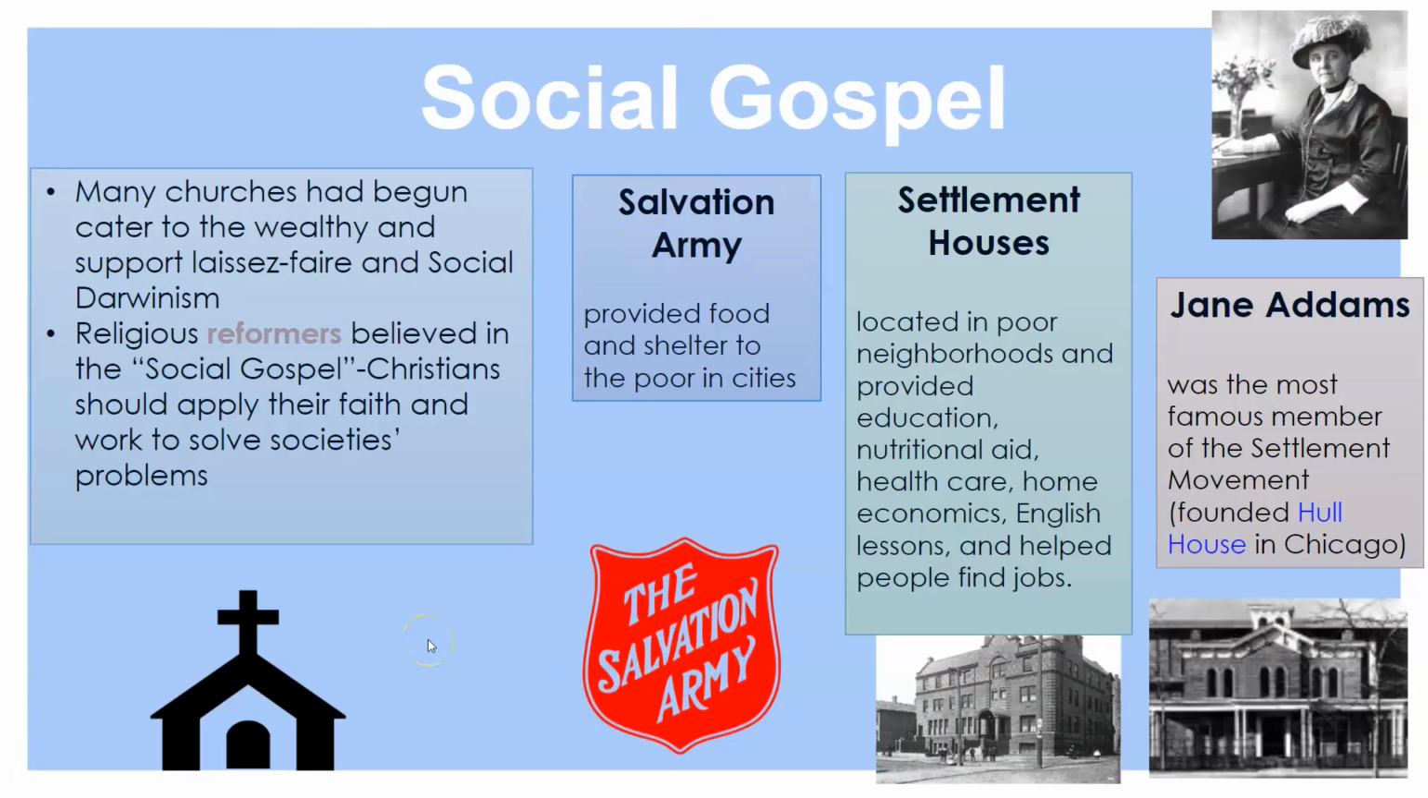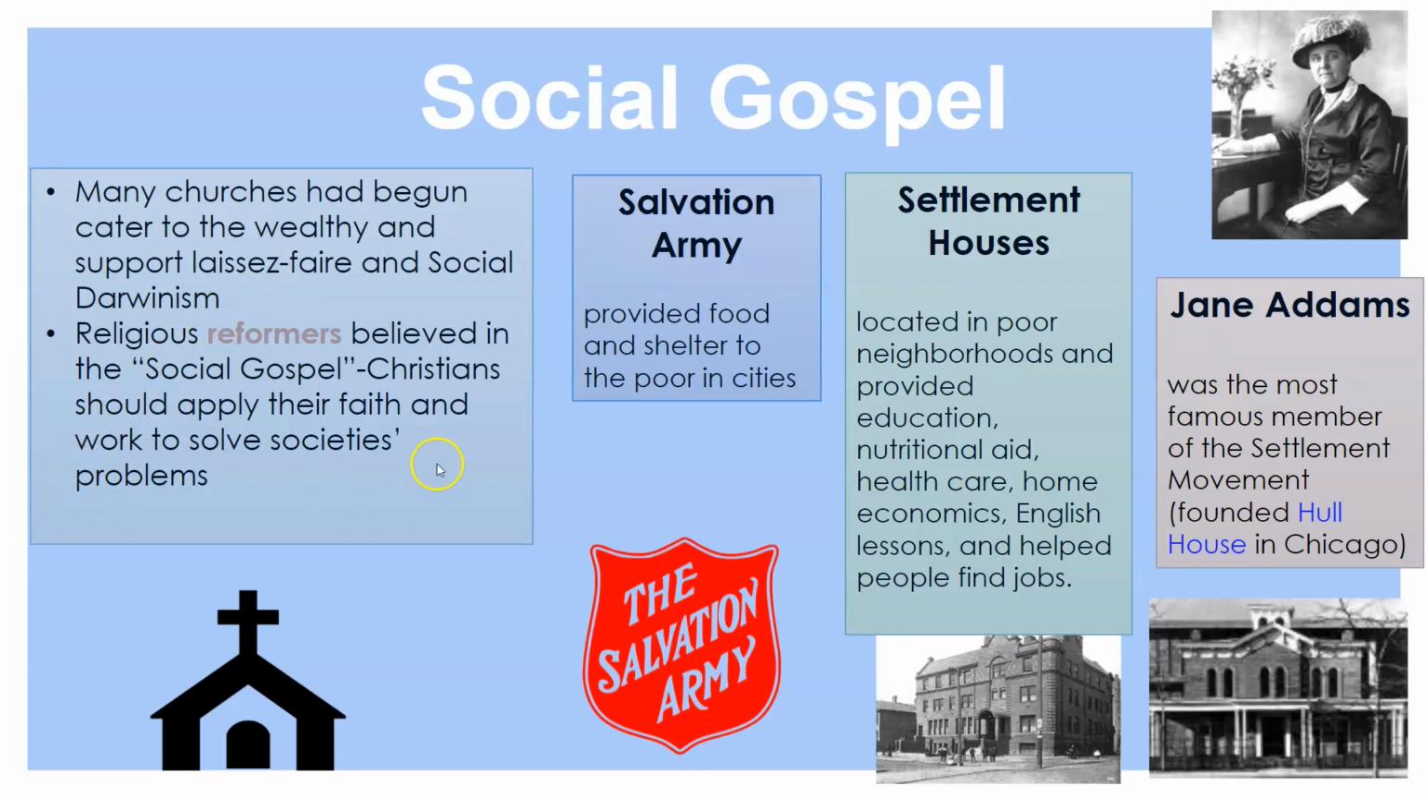During this time, reformers were often part of what was known as the social gospel. Many churches had begun to cater to the wealthy, and they supported ideas of laissez-faire and social Darwinism. Religious reformers believed in the social gospel. In other words, Christians should apply their faith and their work to solve society's problems. Laissez-faire meant to leave things alone, so this would have said, no, don't leave things alone, but do something to